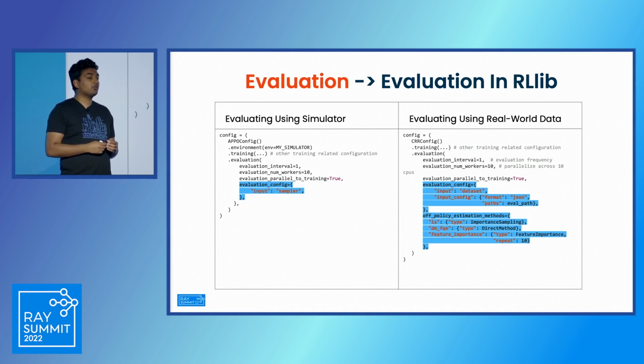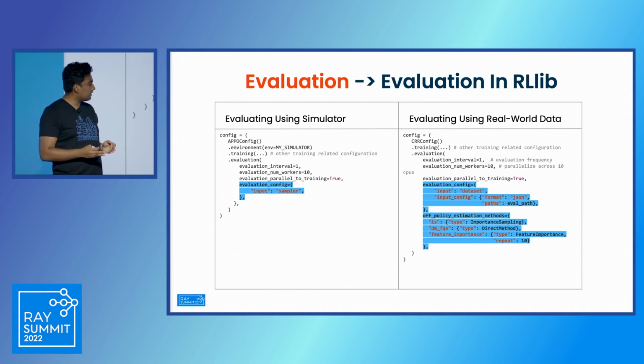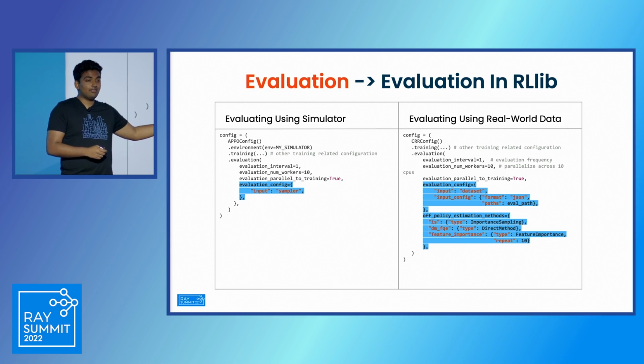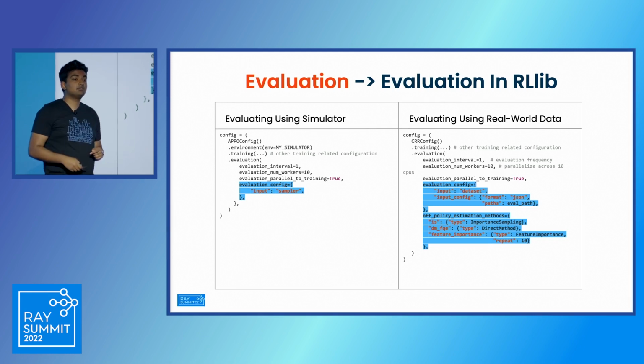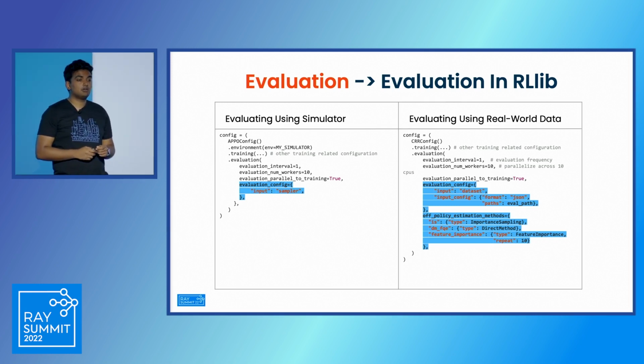However, if there's one that you're looking for that we haven't implemented, go ahead and open an issue on GitHub, message us on the RLlib channel on Slack, or open a post on discuss.ray.io, and we can take a look. But honestly, it's a very easy API to reason about. You can very quickly inherit from the base class of any of these and implement your own counterfactual policy method. Are the examples on your GitHub repo? Yes, there are examples on our GitHub repo.